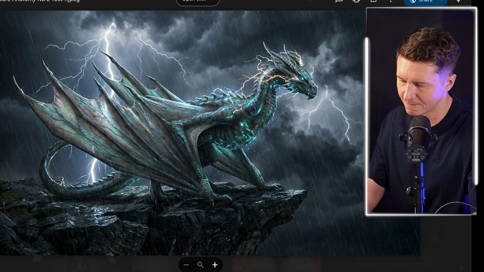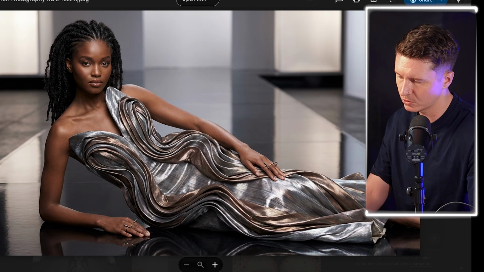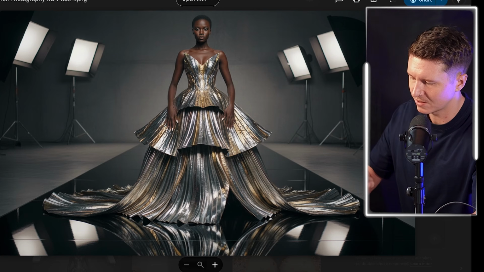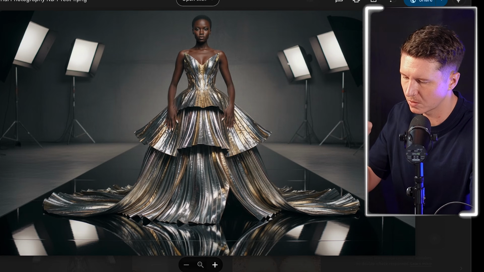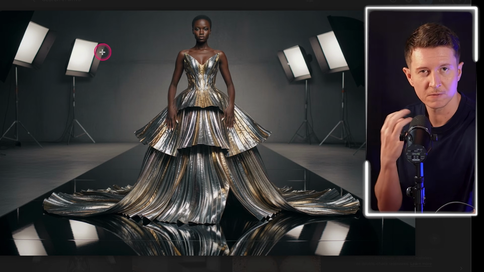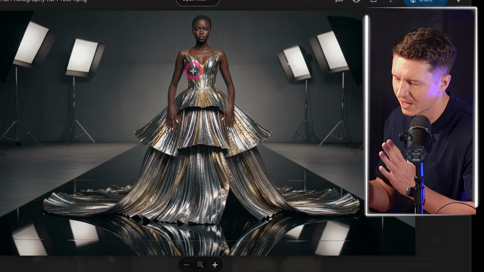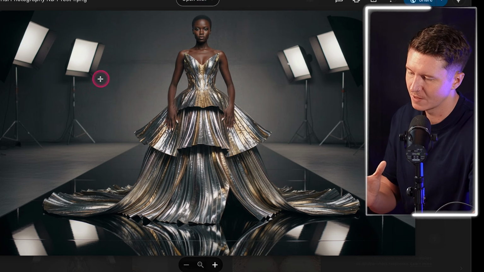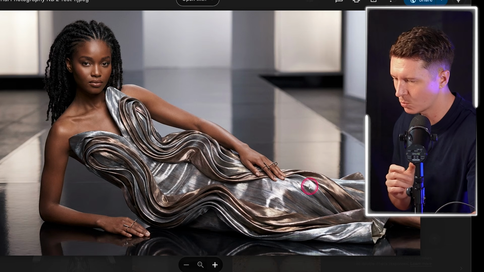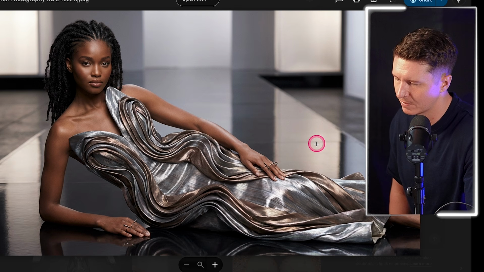As you can see, the detail is vastly improved. Here we have a fashion editorial for Nano Banana 1 and also updating it. And again, you just see a great deal of incredible quality increase. I mean, here we have a very rudimentary symmetrical composition. You can often see in some of the more basic AI image generators that they default to this rather languid symmetrical composition with very little interest. Whereas here, we get these wonderful leading lines that bring us up to this woman's face